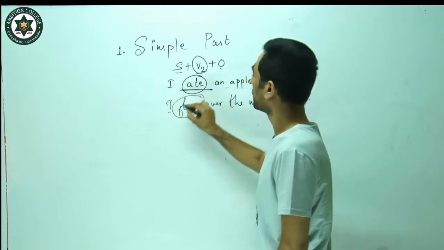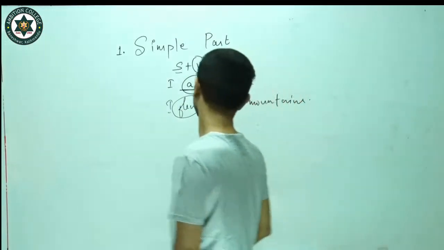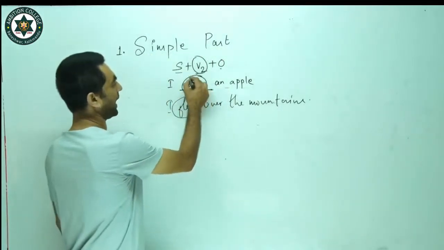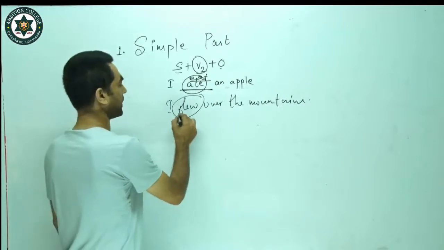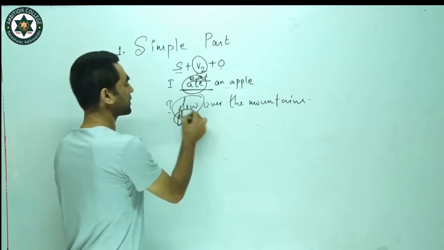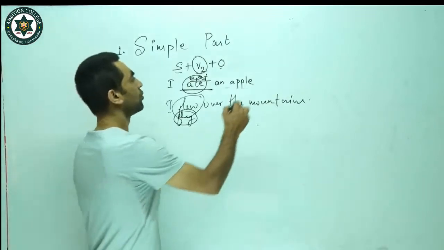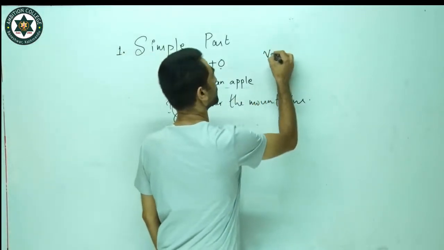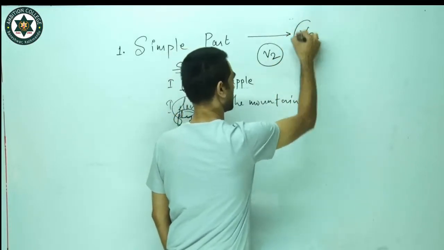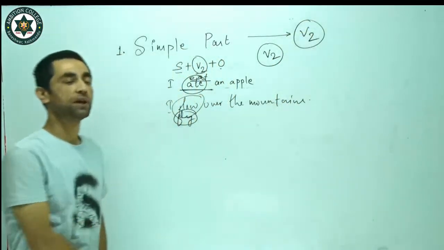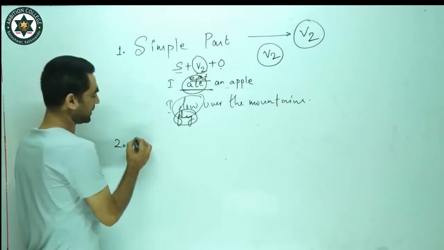Now this flew is talking about the past tense. Here if we write eat, this becomes the present tense. If we write fly, this becomes the present tense. But with the past tense, we are supposed to use V2. So the simple past is about V2. So we have another form, that is